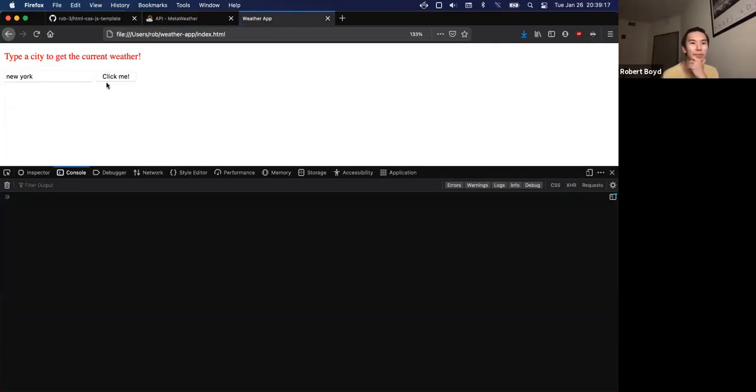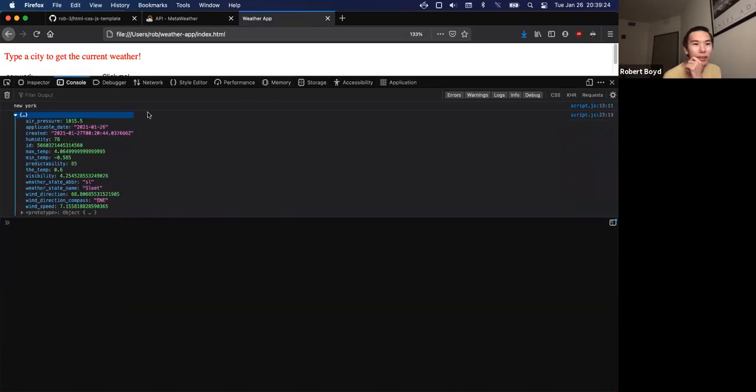So reload. Okay, so we've got this object back here that's just our 1 day today. It shows when it's created. It gives us all kinds of different weather information. We have humidity, and the ID is probably just something that the API uses to keep track of all this stuff. We have our max temp, we have our min temp, predictability, I guess that's how sure they are about it or something like that. We have the temp,